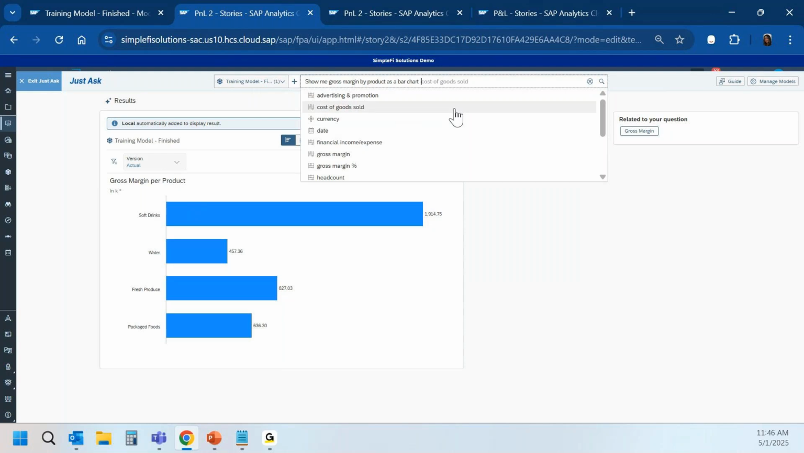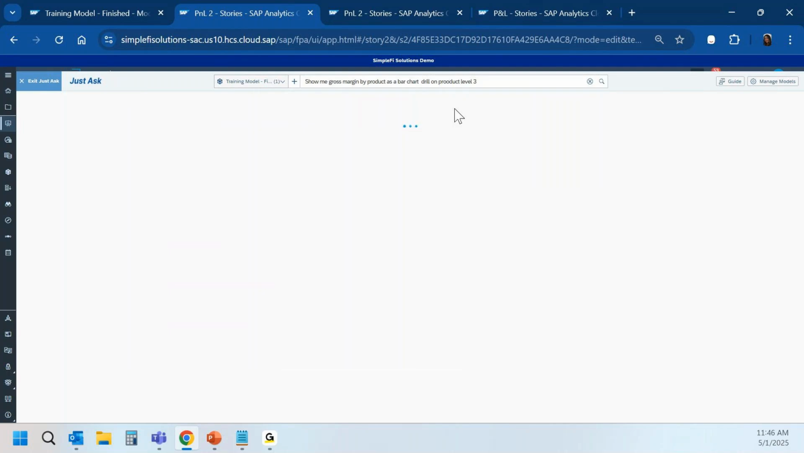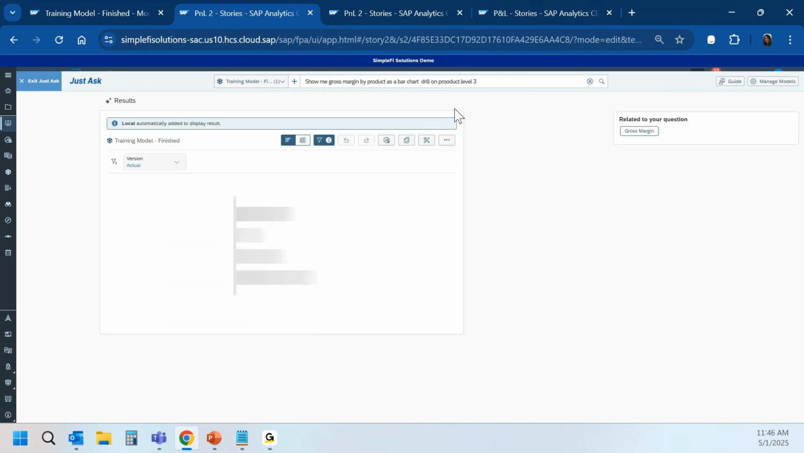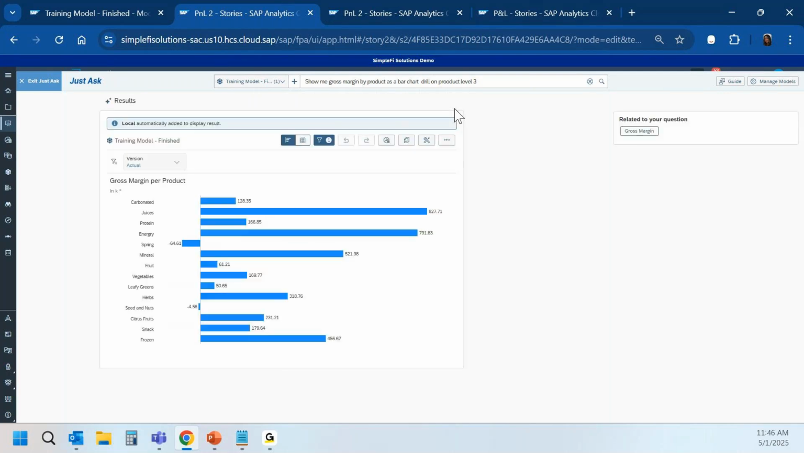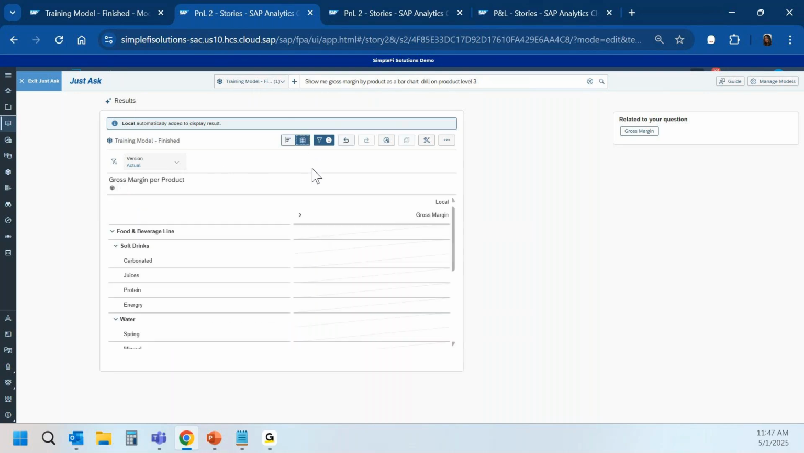So right now, maybe we do a drill on product level 3. So give us a bit of a drill down on our product, right? So we can see more of that. Again, using natural language, it's very easy to get the information that we need and bring us the results that we need. Again, we asked for it in a bar chart, so that's what it's given it to us in. But if we